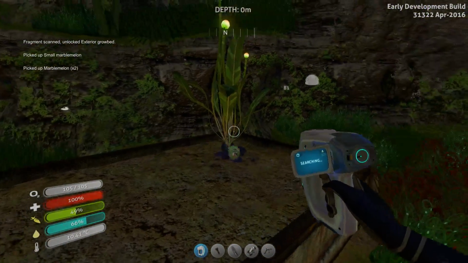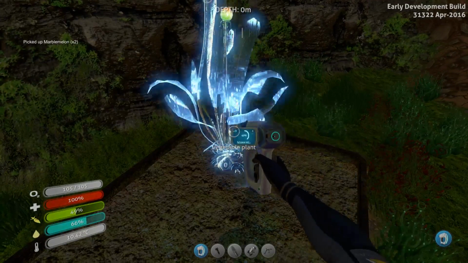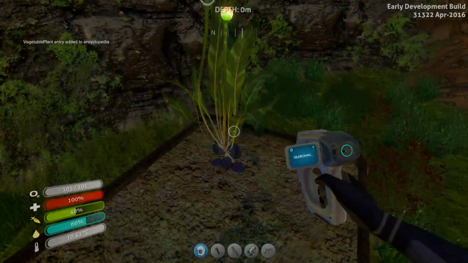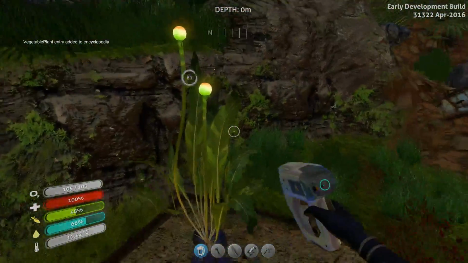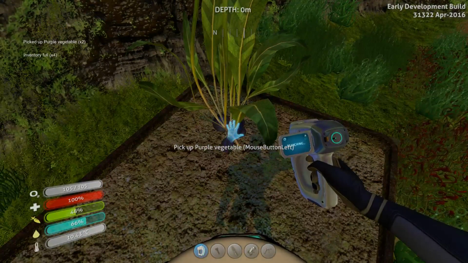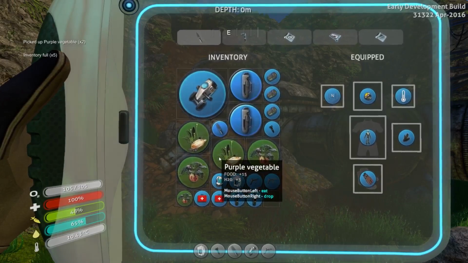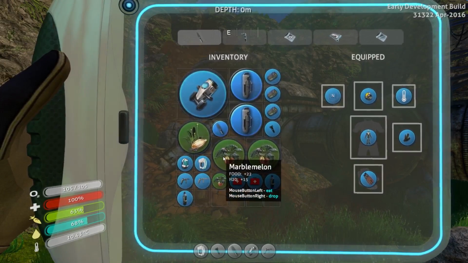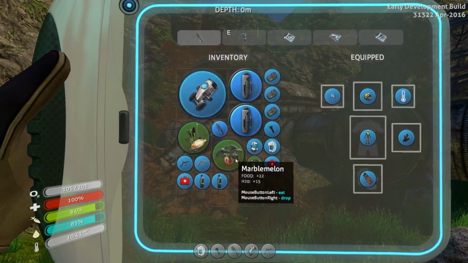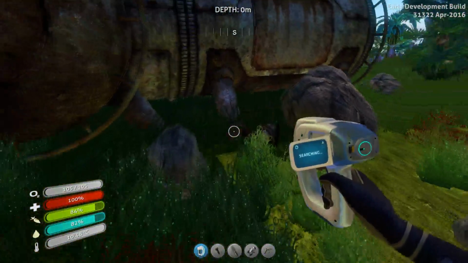But we can also grab these plants. Scan this vegetable plant. It looks like I can't harvest it, but I got some marble melons. No. Oh, I can pick it up. Purple vegetable. Oh, my inventory's full. Oh, these things are pretty big. Can eat them, though. I wonder if I can plant these or if I need actual seeds. Well, either way, we scanned the...